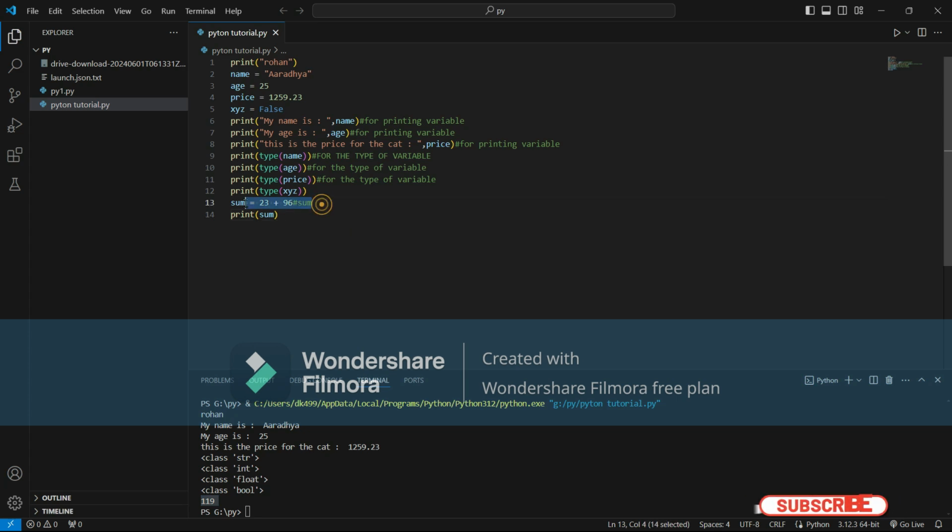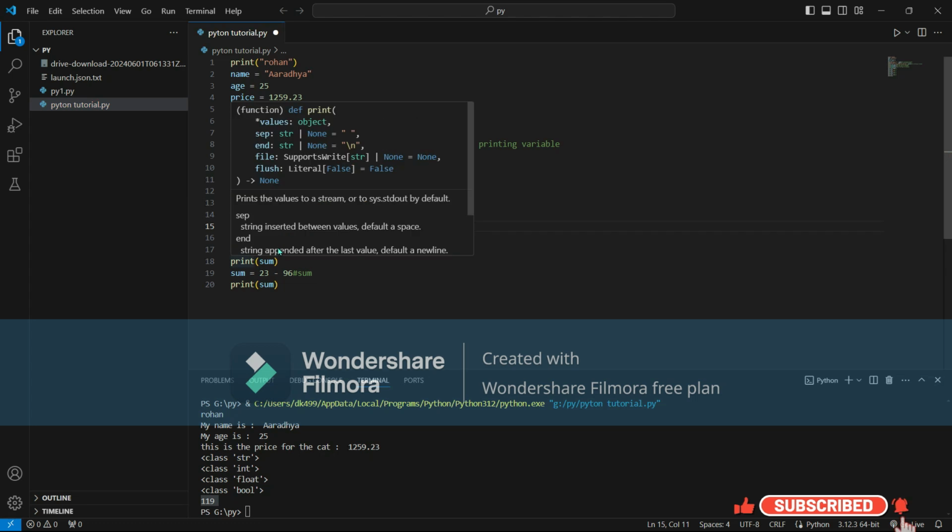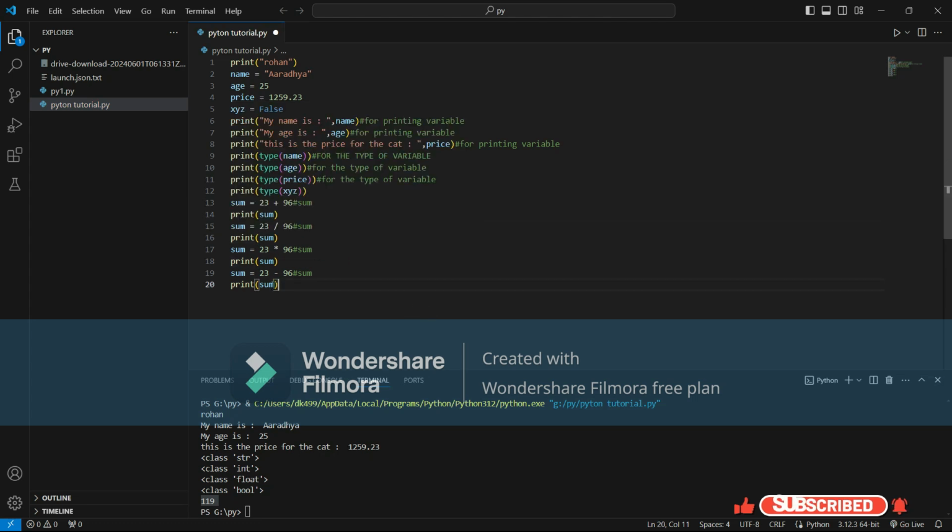So I will just copy the same thing again, Ctrl plus C. There are 3 more arithmetic operators. I will write minus over here, into over here. Into is mainly asterisk. Divide over here, divide is slash, and I will change all the variables.